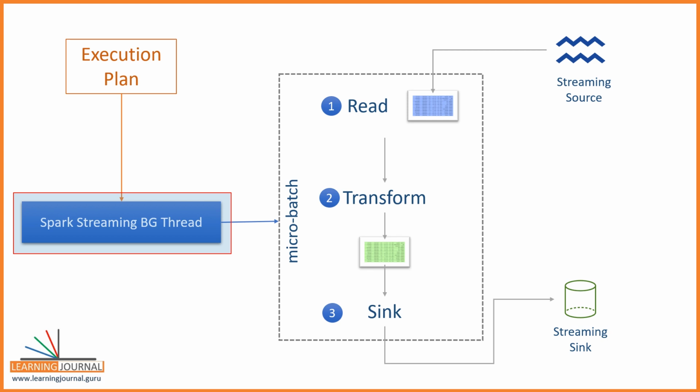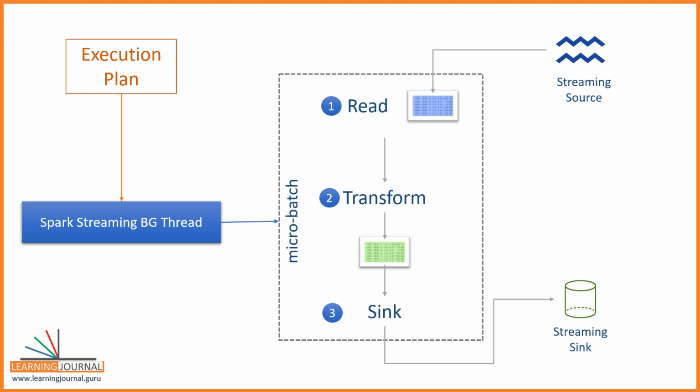Until this stage, you will not see any Spark streaming job. The background thread does not show up as a Spark job. I'll show you all this. Now, the background thread will trigger one Spark job to do the following. Read the data from the source and create an input streaming data frame. Process the input data frame as per the defined logic to finally generate the output data frame. Write the output data frame to the given sink. That's your first micro batch. It ends here. So you should see a Spark job completed.